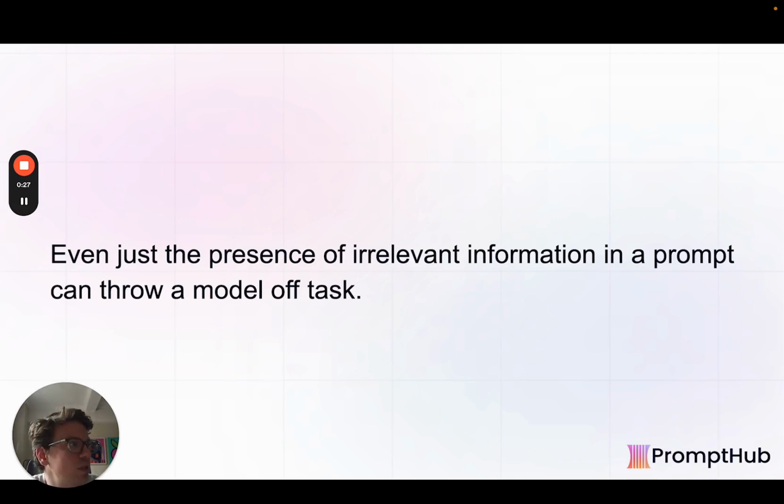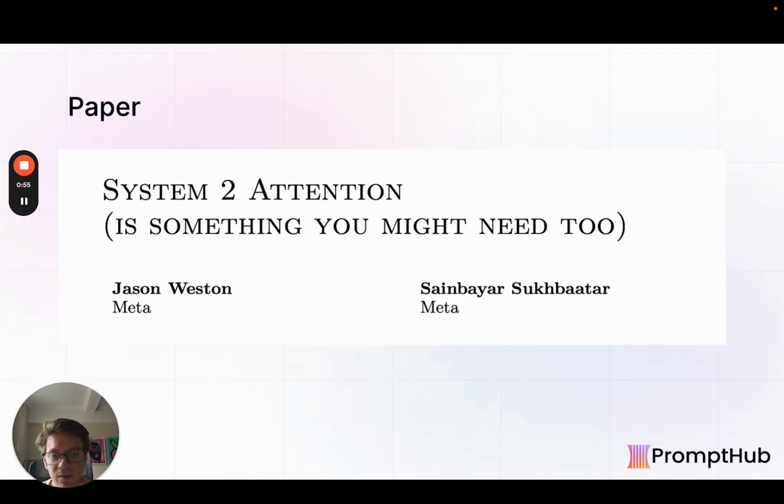Generally, what this method tries to tackle is the issue that can arise when running a prompt where you have irrelevant information make it into the context of that prompt. Even a slight piece of irrelevant information can really send the model down the wrong way. It can kind of turn that attention mechanism that makes models so powerful and point it in the other direction. So it's a double-edged sword when it comes to the attention mechanisms of these transformers.